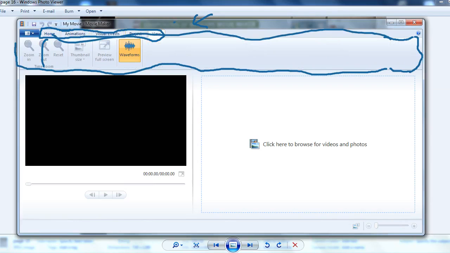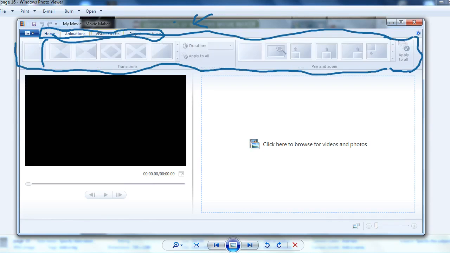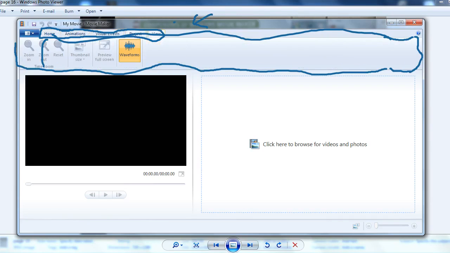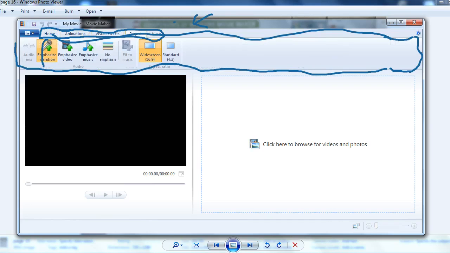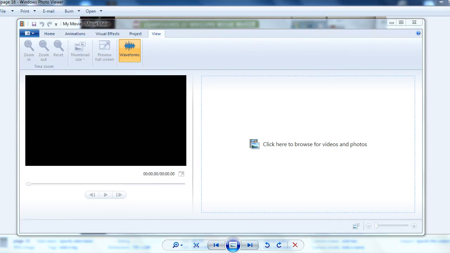All of these tabs are available on the menu bar. We call it the menu bar, right? So this is the title bar, this is the menu bar in which various tabs are there, and this is the ribbon, right?